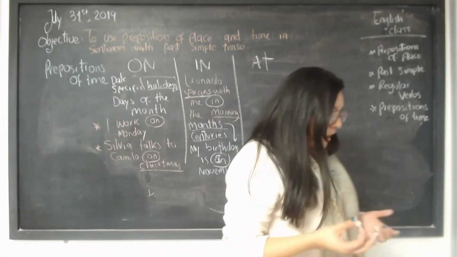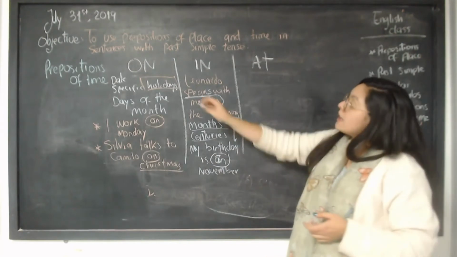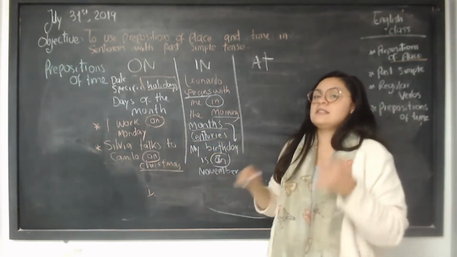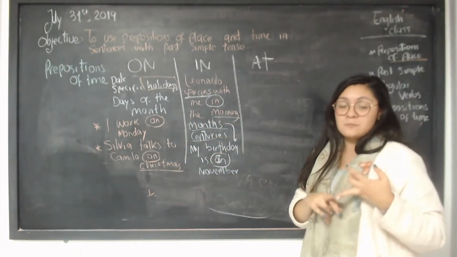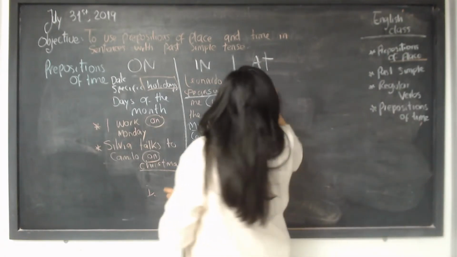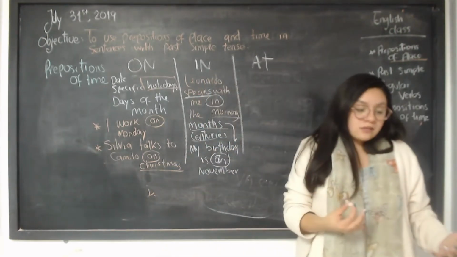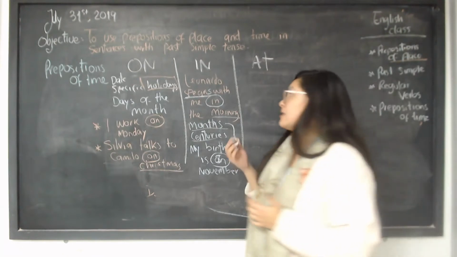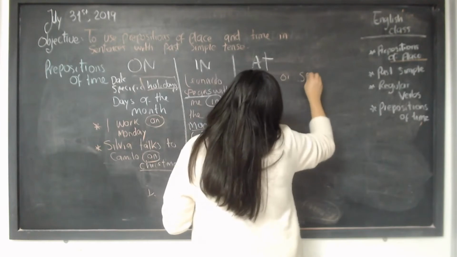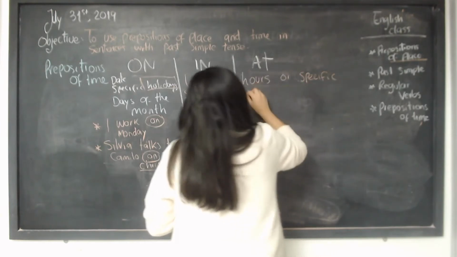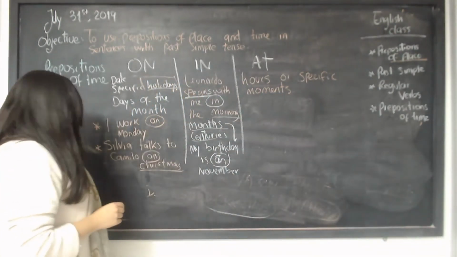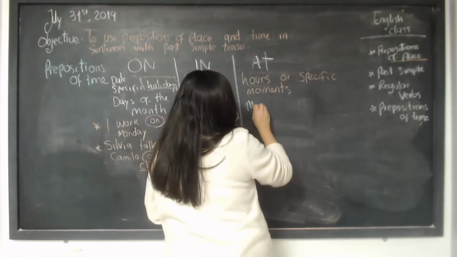Okay. Also, we have this one, at. Remember that in and on we can use too with prepositions of place. In y on las podemos utilizar como preposiciones de tiempo o como preposiciones de lugar. But later we're going to see prepositions of place. Ya vamos a ver las preposiciones de lugar. So I use at when I'm referring to hours or specific times of the day. Hours or specific moments. So I can say